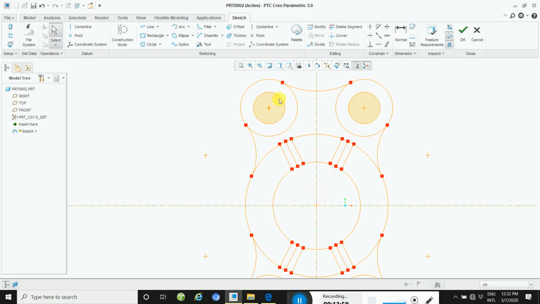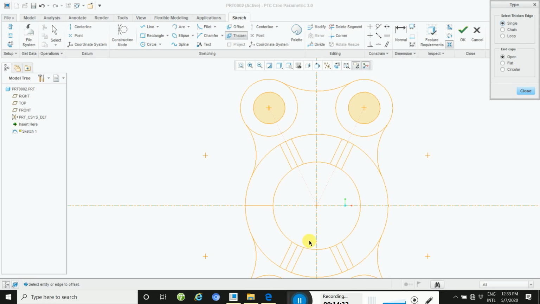One slot is also here, so draw a line, and then apply here, this line, and then thicken, open, you need to open.